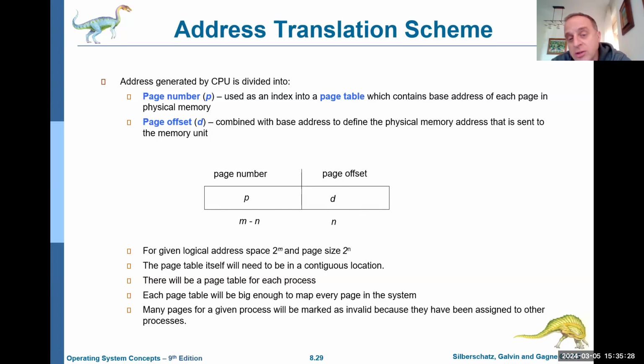So the whole address the CPU creates is a 32-bit address to reference all 4 gigabytes of memory that the computer has. But we are going to view those bytes and bits as different things. In other words, the page number will be the 22 bits here, and the 10 bits will be the offset within a page. By the way, if a page offset is 10, if D is 10,